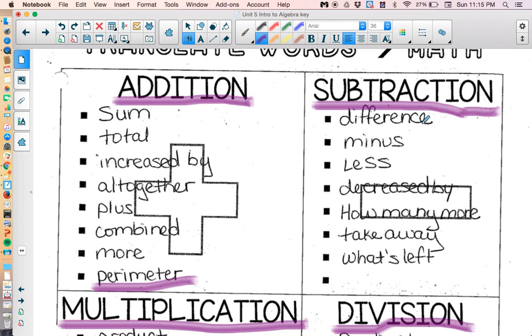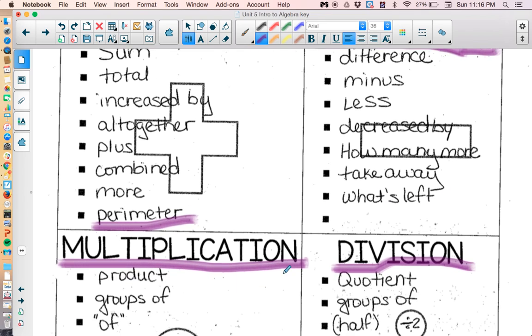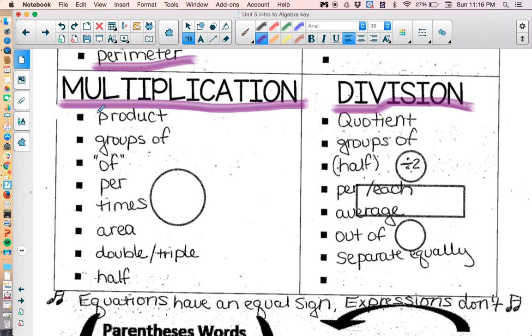Subtraction, we've got difference, minus, less, decreased by, how many more, take away, and what's left. Again, you can pause the video because obviously you can't probably write that fast. For multiplication, we've got product, groups of means multiply, per, times, area is a big one, triple or double, and